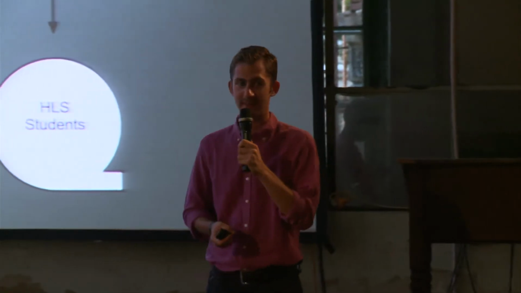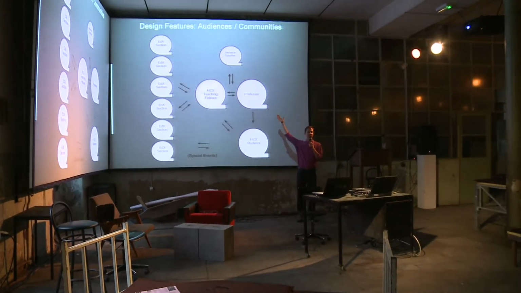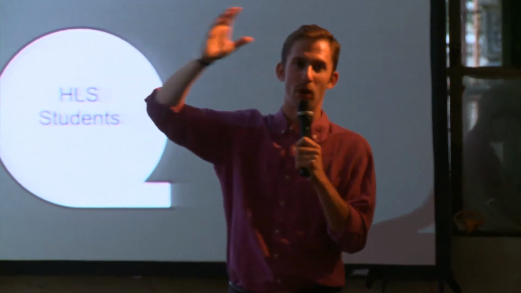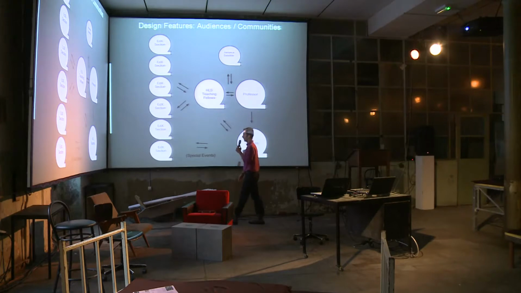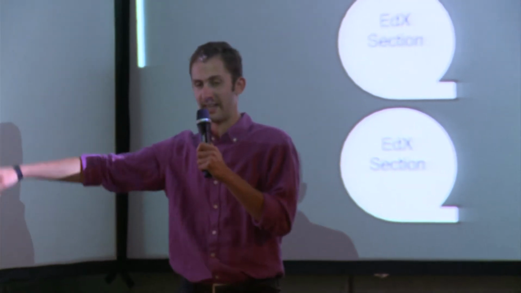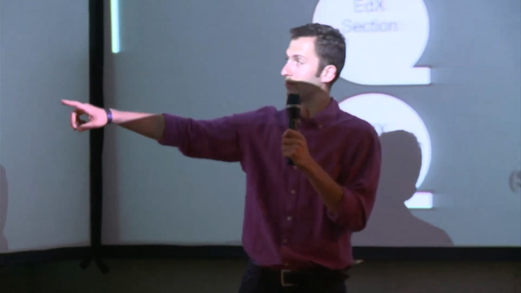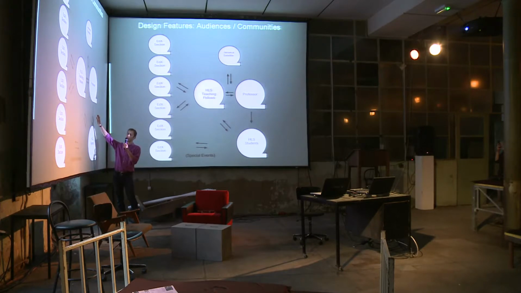Okay, so what were these multiple communities that took part in the course? So first, we should say there was definitely a professor, the way there is in a standard traditional one-to-many historical model of a course. This professor taught both online students, who I call the edX students, and he also taught Harvard Law School students, the HLS students. So there were two different student communities who interacted with each other in small ways, which I'll address in a moment. But really central in the picture is not the professor, but the teaching fellows.